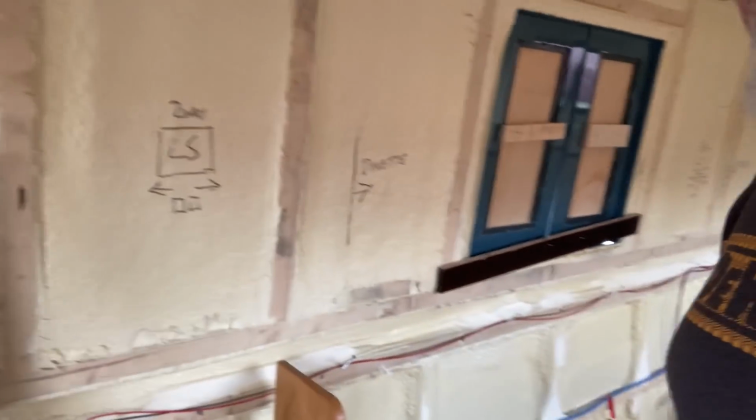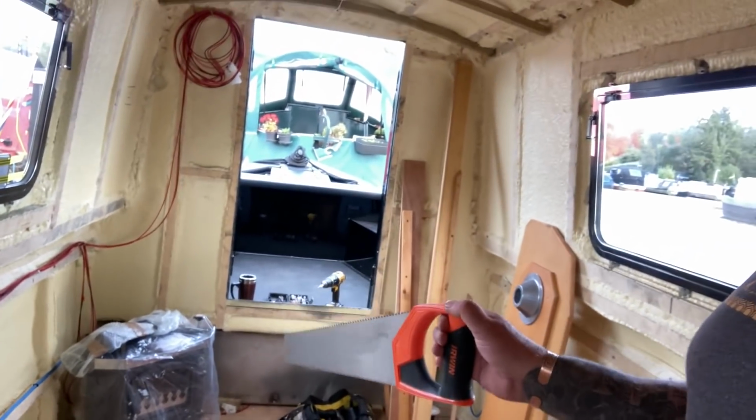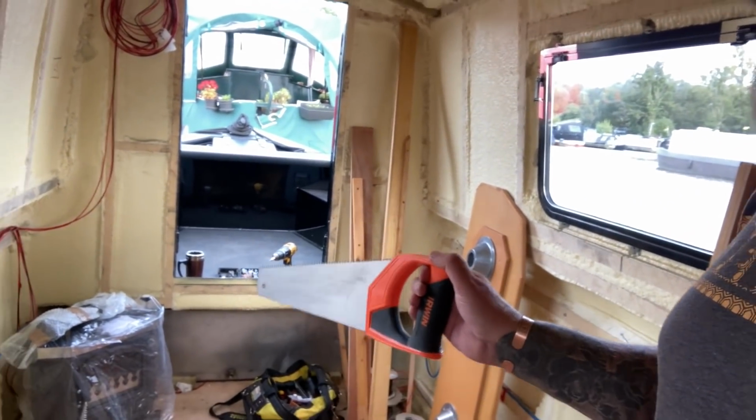And I think it would probably mean that the stove would go in the corner. Now normally I'm very averse to putting the stoves at the front of a boat, because by the time they heat the front of the boat, you can melt steel in there, but by the time you get to your bedroom you're freezing cold. The advantage of ours is because it's a diesel stove with a back boiler, we don't really have that problem. So anyway, we'll see what Fran says about